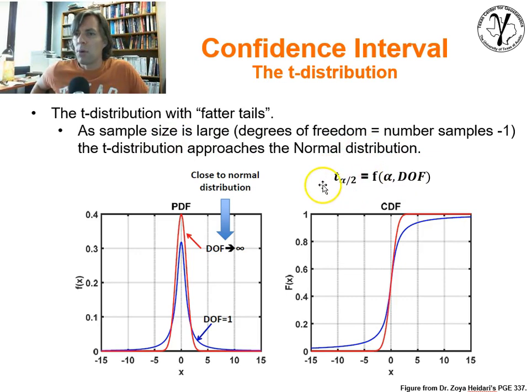And so when we parameterize the t-distribution, we have to specify the alpha. If we're dealing with a 5% alpha, we would have to divide it by 2 to account for the fact that we're working with a two-tailed test. Sometimes there are functions available in Excel that automatically do the divide for you. We'll show it to you when we do examples. But you've got to specify alpha, and you also have to specify the degrees of freedom, so the cumulative probability and the degrees of freedom, because the shape of the distribution changes